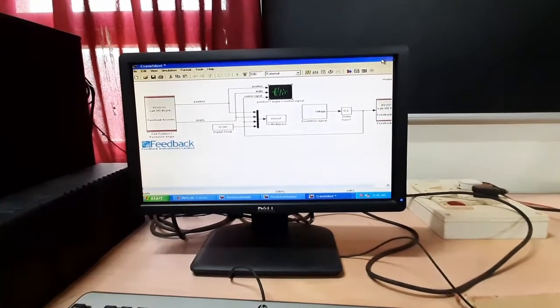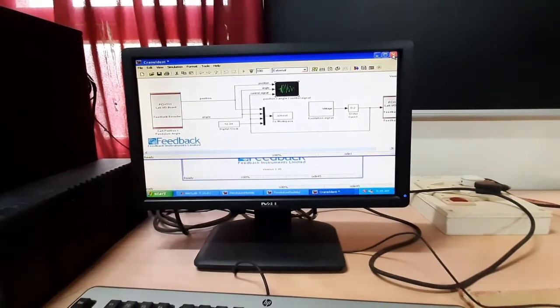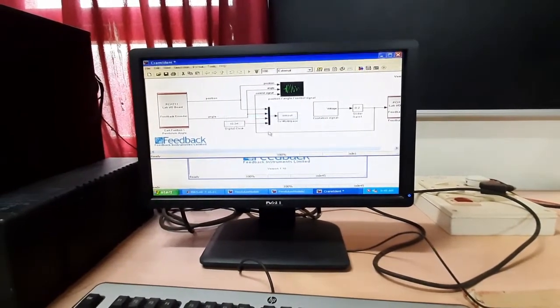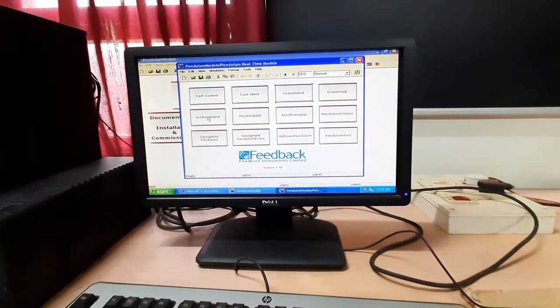Next is our inverted pendulum identification. We have to open this.